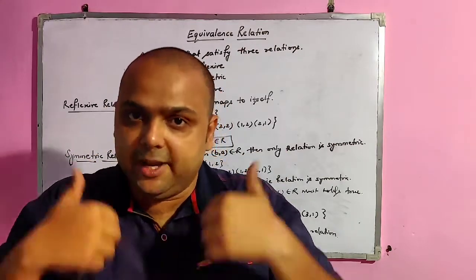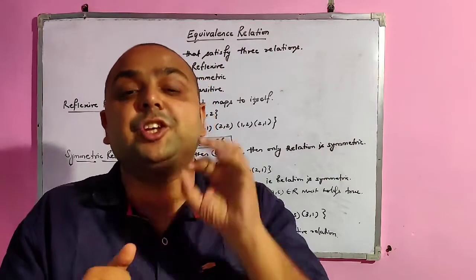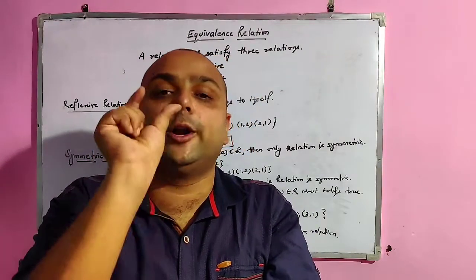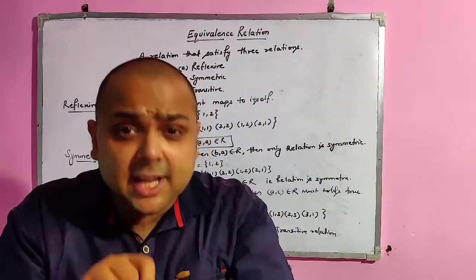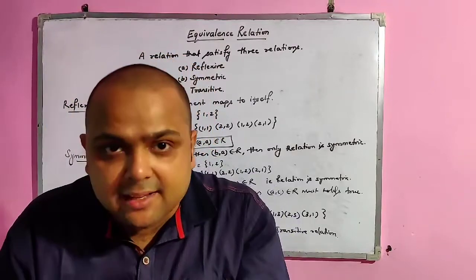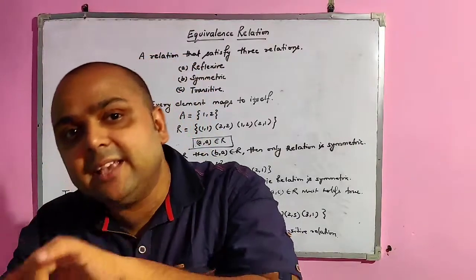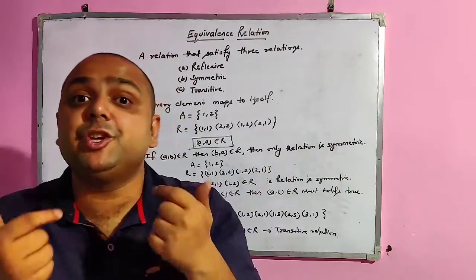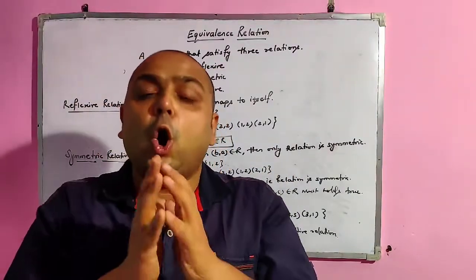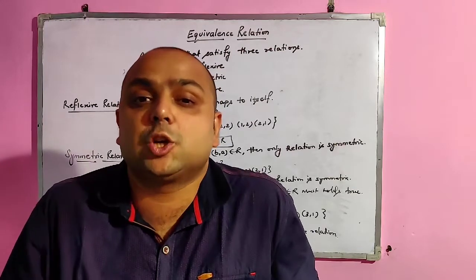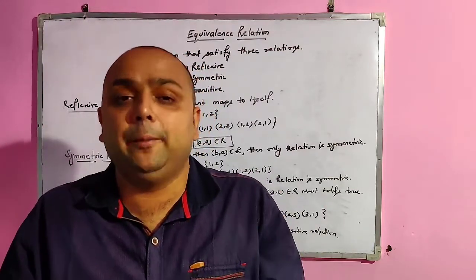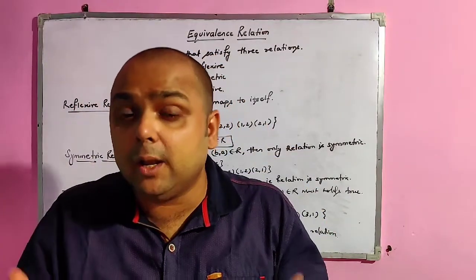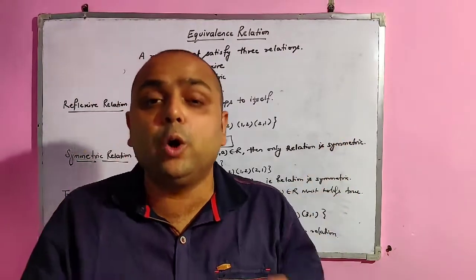I am recalling again, a relation in which three conditions are satisfied. Number one, reflexive, the same element should exist in the ordered pair. Second is symmetric, that is if (1, 2) lies in R, (2, 1) must lie in R, that is, if (A, B) lies, then (B, A) must lie in the relation. And the third is transitive. If (1, 2) and (2, 3) lie, then (1, 3) should lie in the relation. So if all three conditions are satisfied, that relation is called an equivalence relation. Now I will help you using this concept. We will solve one example which will help you understand this relation concept more clearly and easily.